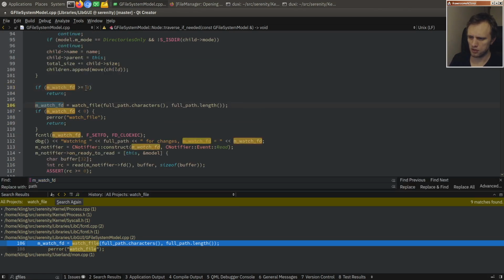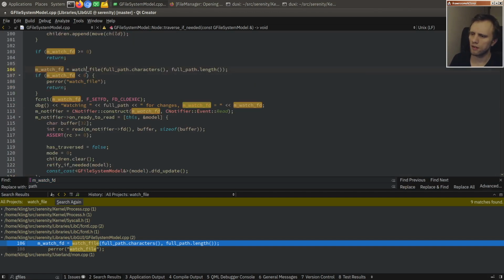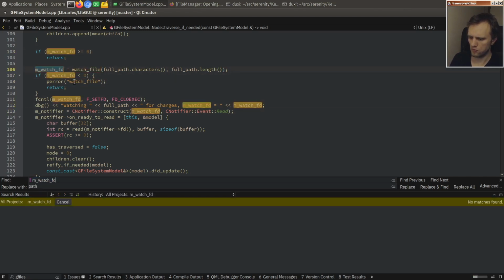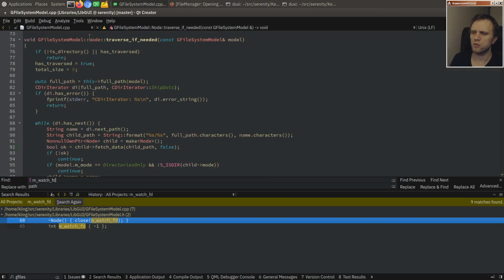If watchFD is greater than or equal to 0, then we don't set up a new one. We close it if we close a node. Oh, there's one per node. Oh, right. So the more stuff we open in the left hand side,